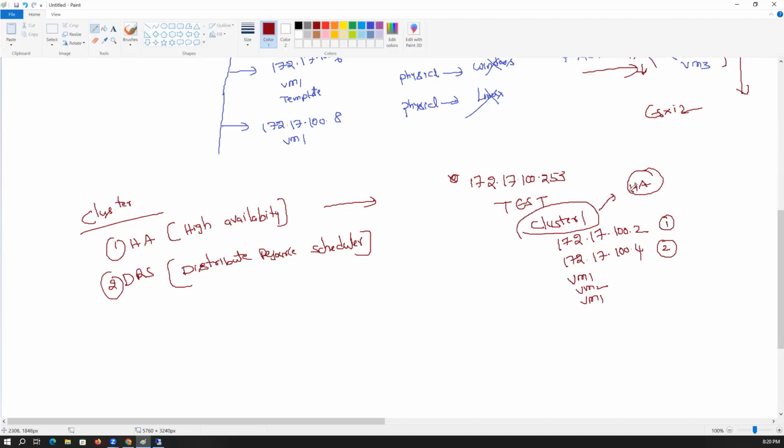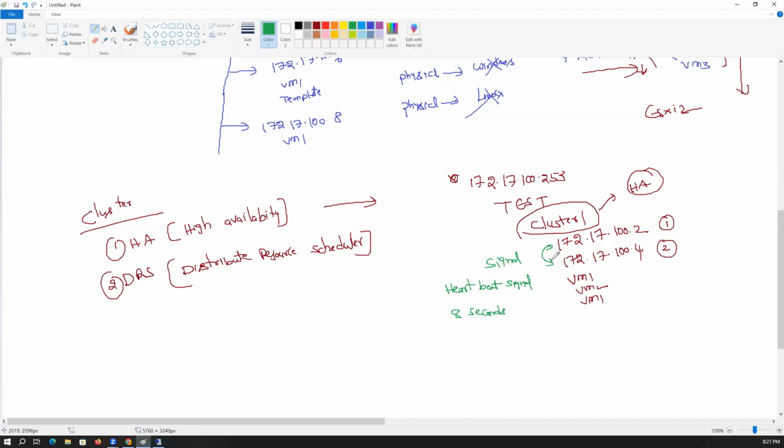When I enable HA, you know what will happen? The servers added under the cluster will keep sending one signal. We call it the heartbeat signal. Every 8 seconds,